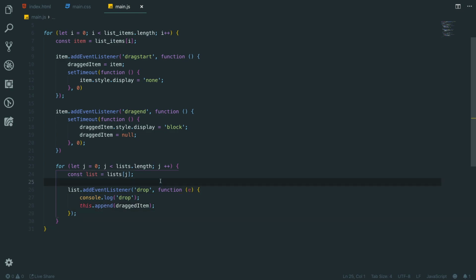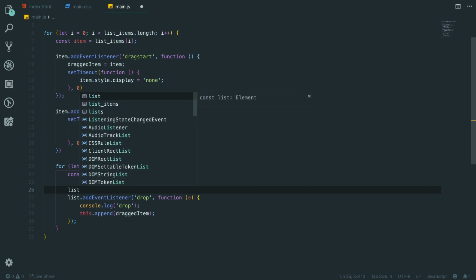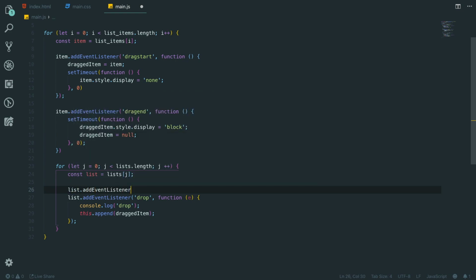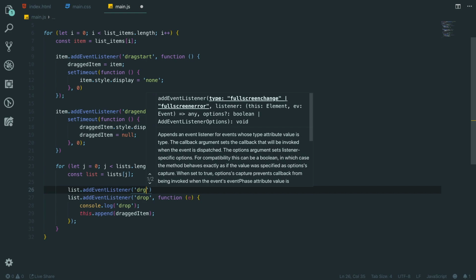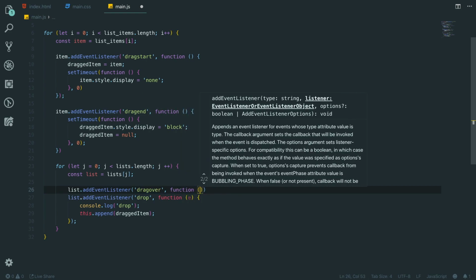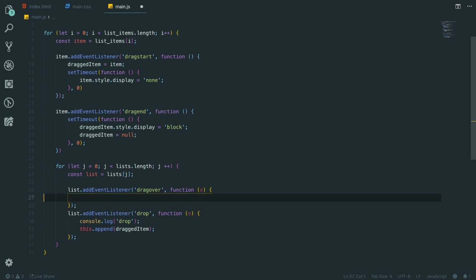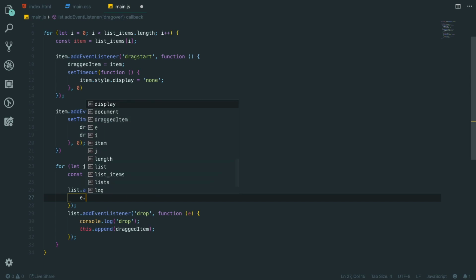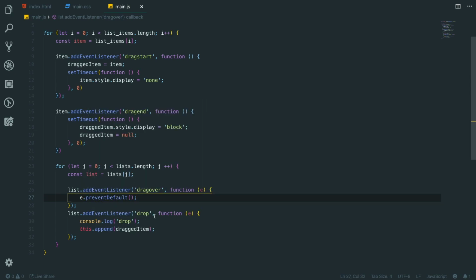So before this one, let's add in list.add event listener drag over. This is called every single frame the item is being dragged over the list item. And in here we're going to say e.prevent default, every single time we move the item over it, not as we drag over the item. So this is going to prevent default, which is going to allow drop to work,